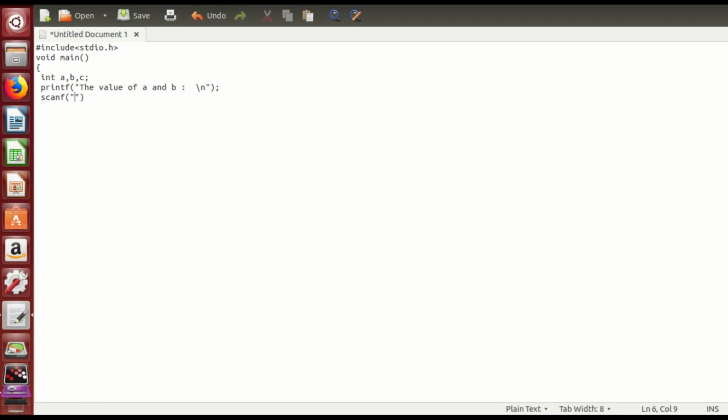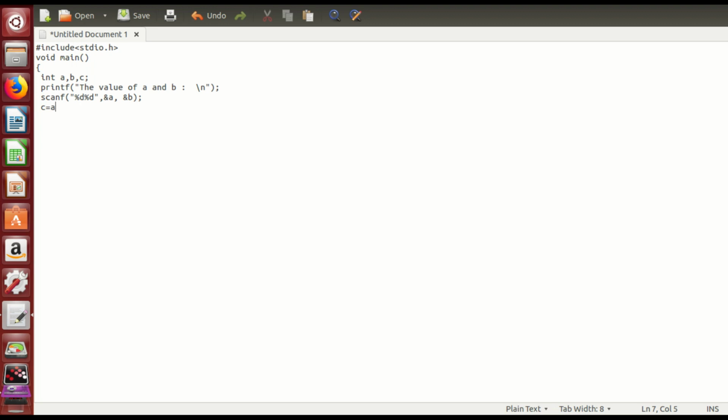Then we should write scanf %d for initializing the value as integer. We use %d because we are adding two values, so we use two times %d and initialize for a and b, which read the address where the integer value is stored. Then close it with double quote. All of these should be closed with double quotes. Then it is very easy.